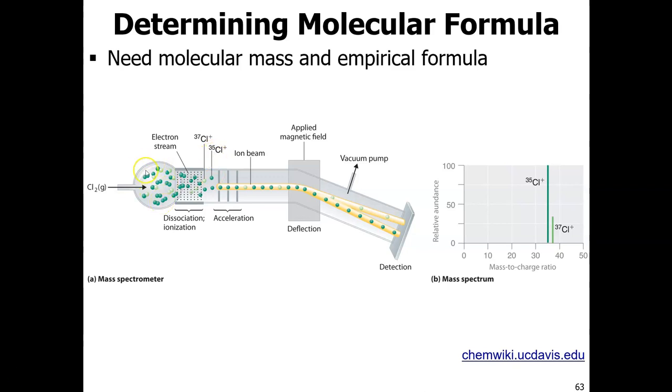How this works is we would inject this into a sample port, and that has a flow of gas. So you usually have some type of carrier gas that's not going to be interacting with this. Typically, helium is used because it is an inert gas. That's expensive. The one that we have on campus, I converted it to hydrogen gas, where even if it does break apart, it's going to just help push stuff through, but it's not going to influence the detection afterwards. So what we do is we put this in here, and this stuff is constantly flowing with this carrier gas,